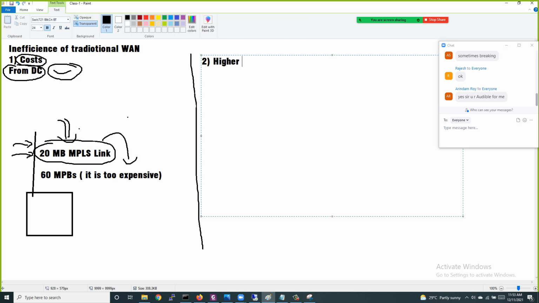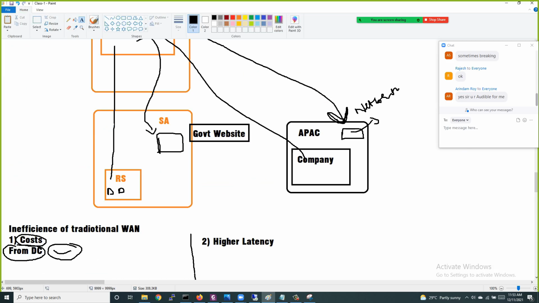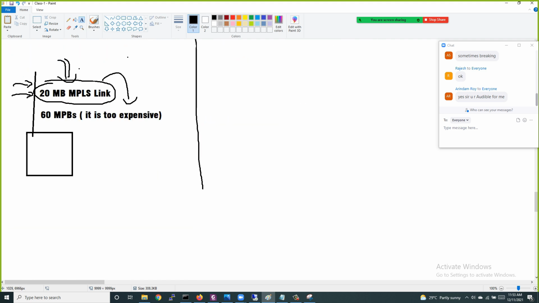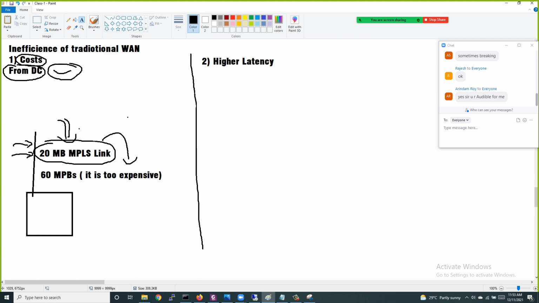Second point is higher latency. I just explained this with the help of 2 examples. Let's say you have some websites which are local to the country, but the countries have to send traffic back to my data center and the traffic will come back to the government websites, right? Third point,